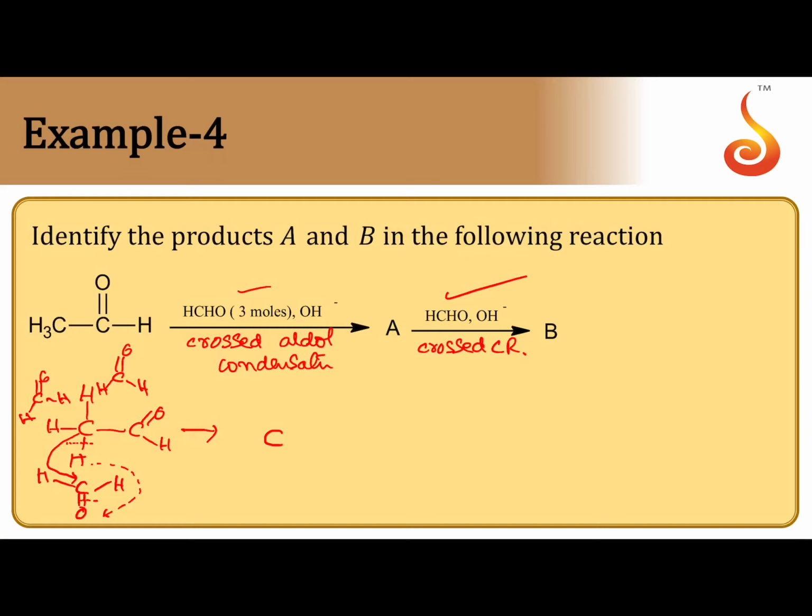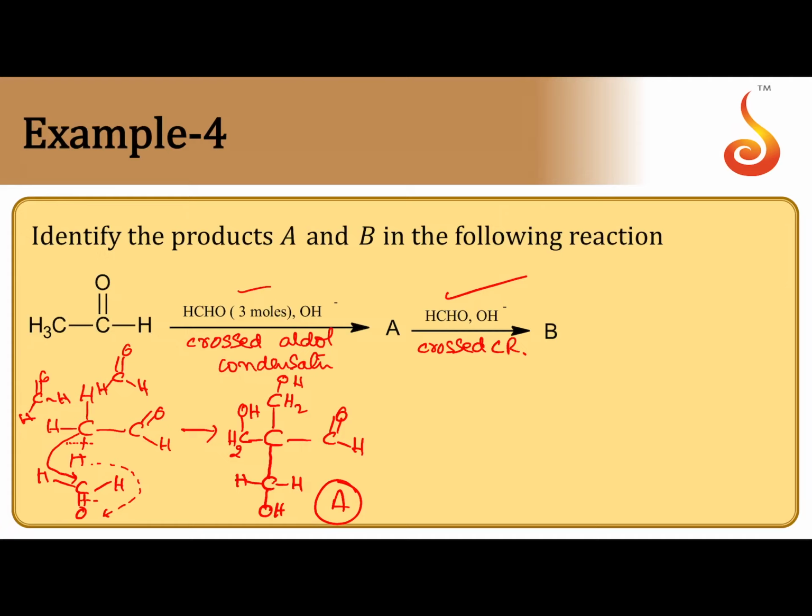This is the alpha carbon and carbonyl carbon, now new bond, double bond O will become single bond OH. At this carbon 2 hydrogens are present. In the same manner, alpha carbon connected to 2 more CH2OH groups. So this is the compound A formed as an intermediate. So this compound is formed due to prolonged crossed aldol condensation.